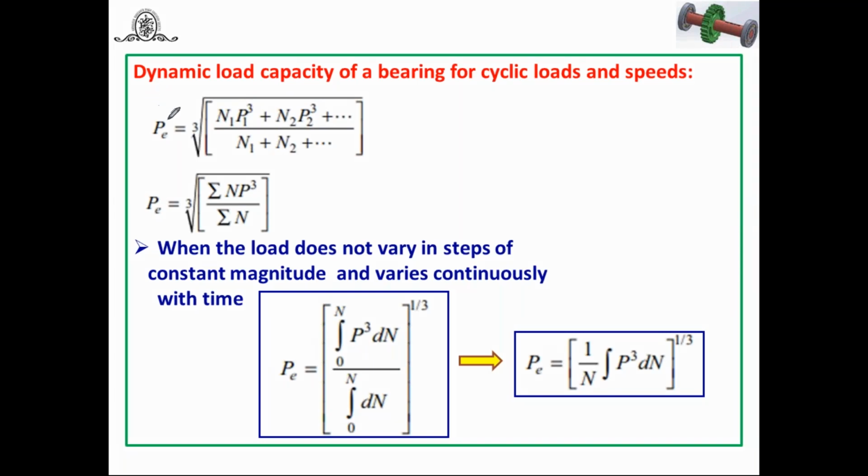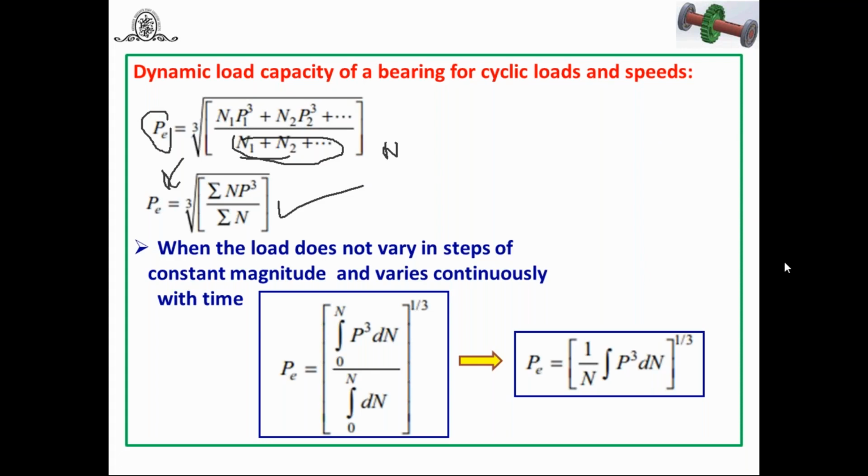Look at this. P is equal to, because of the cubic terms, the cube root of (n1 into p1 cubed plus n2 into p2 cubed) upon (n1 plus n2). And this term, n1 plus n2, is nothing but N. So you can modify this term again: P is equal to the cube root of the summation of n into p cubed, divided by N. Here the value depends on the number of elements, the n1 p1 plus, into summation. That's why the term is written. So this expression